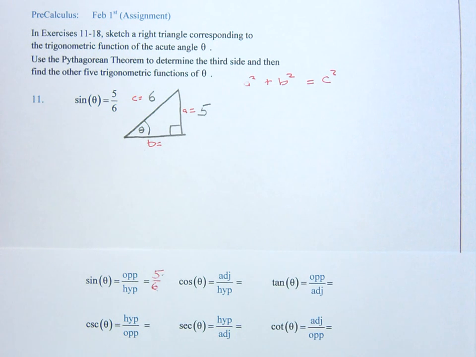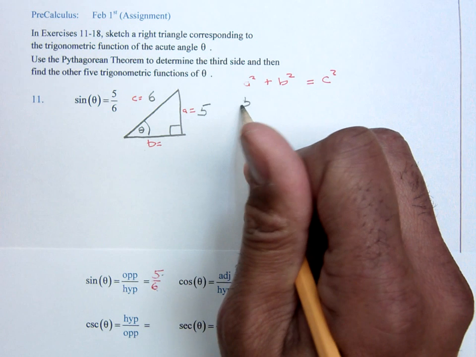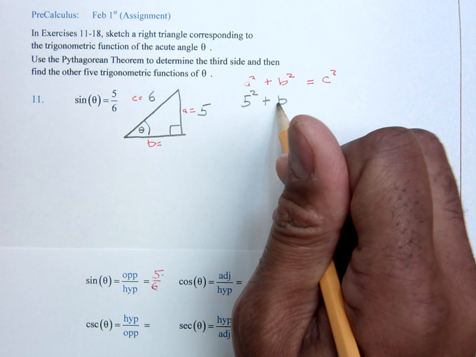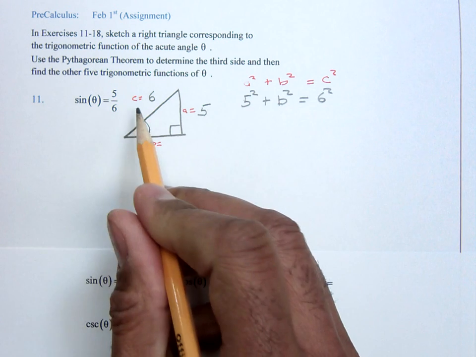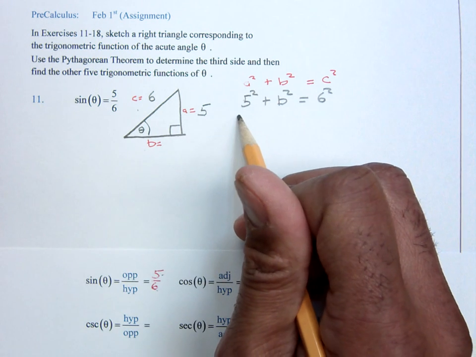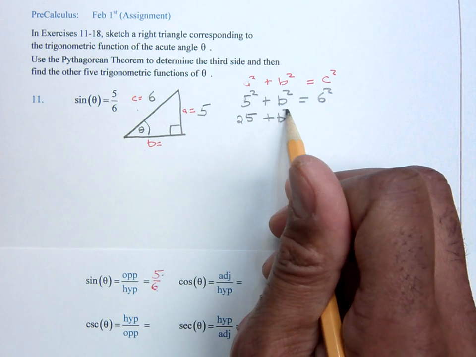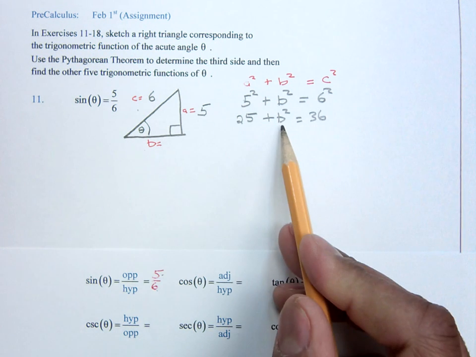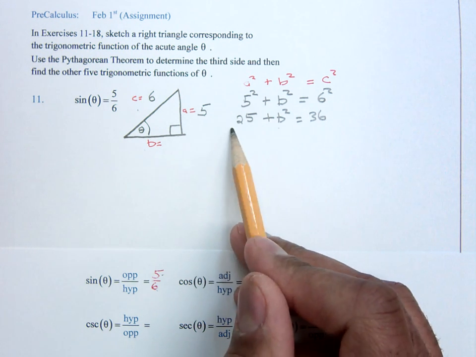So to find the part that we don't have, part B, we're going to need to fill in what we do have. A squared is going to be 5 squared. We don't have the B yet. But C squared is going to be 6 squared. C is 6. So let's simplify this as 25 plus b squared is equal to 36, 6 squared. To find b squared, to isolate this, we need to subtract 25. We can do that in our head. I'm not going to write it down. If we just subtract 25 from both sides,